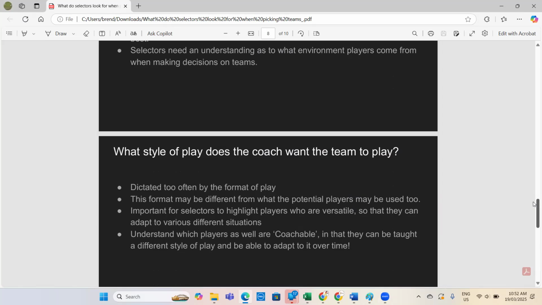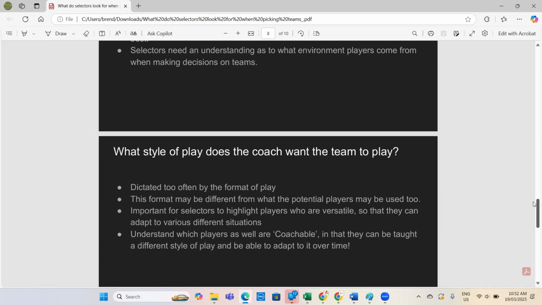It's also something that needs to be understood by coach and selector, the fact that the format may be different for what players potentially play. So for example, kids are used to playing limited overs format. They come into grade cricket and then they're given 80 to 96 overs to bat, depending on the grade that they play. And it's very different for them, and often it takes them a bit of time to actually get used to that type of play.